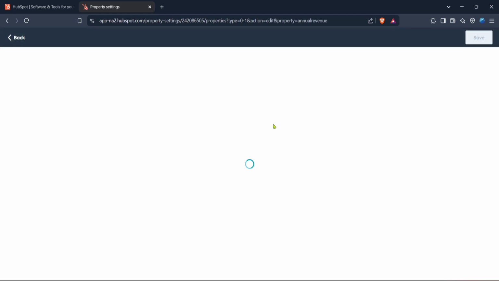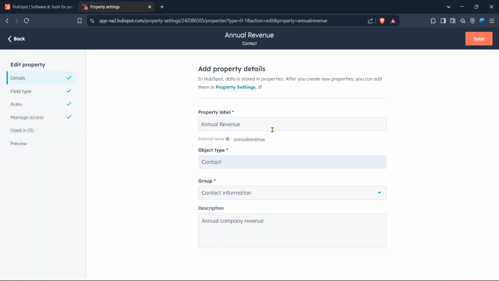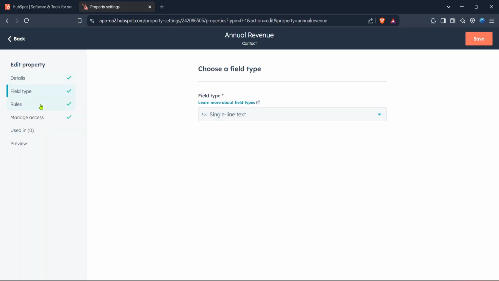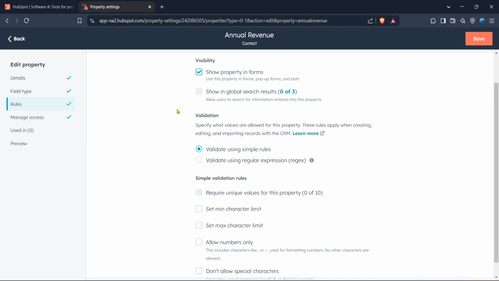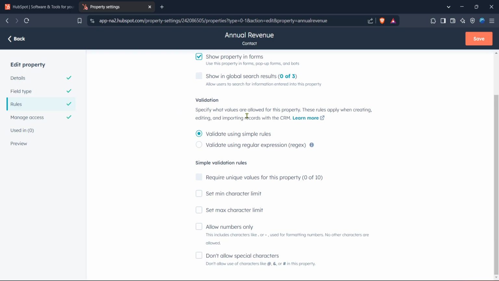Take your time to carefully review the details you want to modify and make sure that each change aligns with your intended workflow. Once you've made all your changes, be sure to save your updates. You don't want to lose any progress you've made. This is crucial because unsaved changes won't be reflected in your system and you'll need to repeat the process.